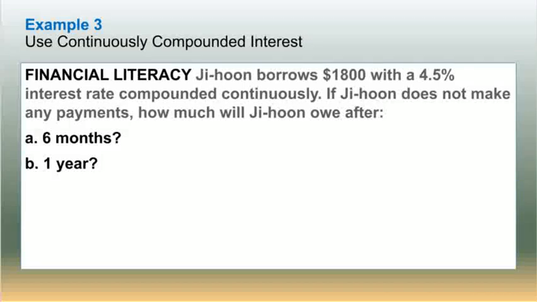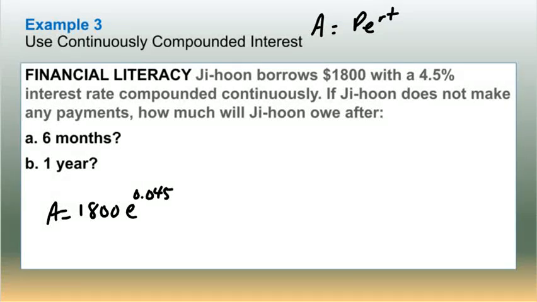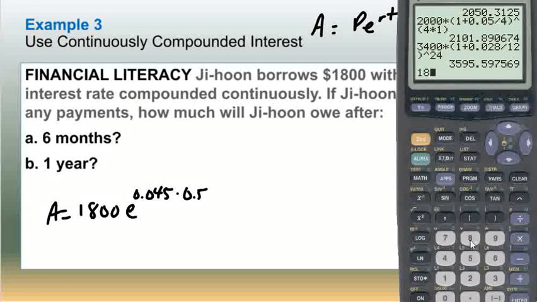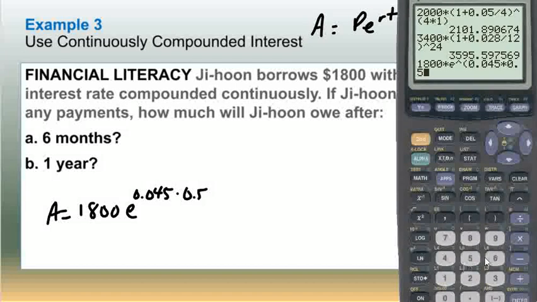This one is continuously compounded interest, so we'll be using the PERT formula. Again, we're still using the 6 months and 1 year. So investing $1,800 times e raised to the rate as a decimal, so 0.045 times the time in years, so this would be 0.5. We grab our calculator. We have 1,800 times second division, base e, raised to the 0.045 times 0.5, in parentheses,